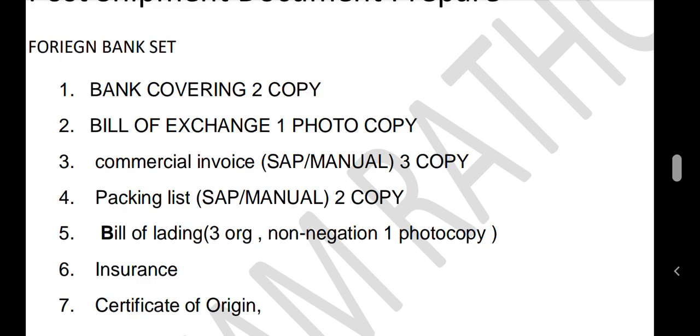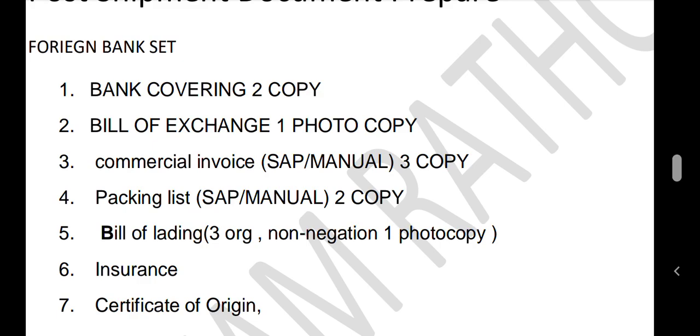This is the second document which we need to submit to the bank. This is the foreign bank set. We need to prepare two sets, one for our bank and another for the foreign bank. We are currently talking about the foreign bank.